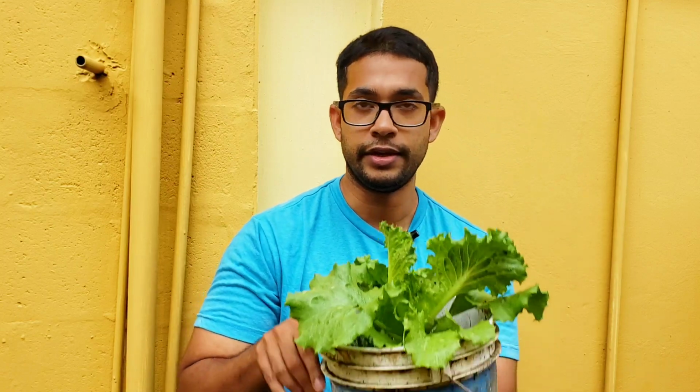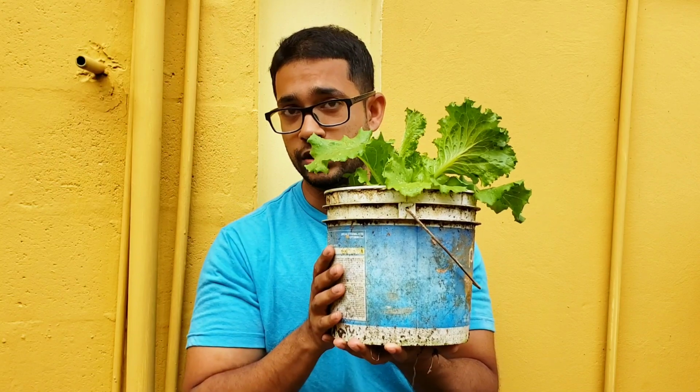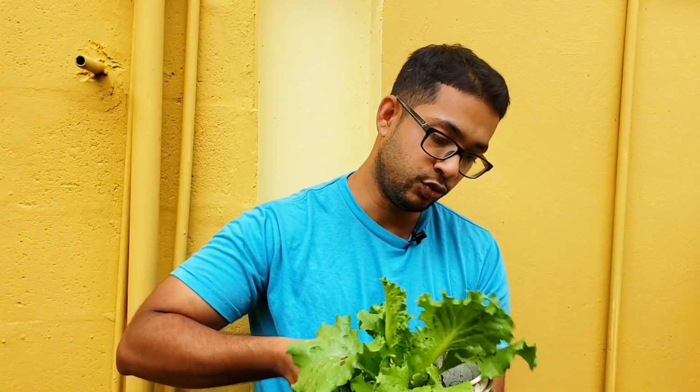I need to have my lettuce growing not in ground, because there's too many insects around that will just come and attack my lettuce. I had to grow it in containers. So in this case here, I have a 1 gallon bucket. Lettuce does not need a lot of soil to grow in this bucket. I could, under normal conditions, if my life didn't depend on growing this lettuce, have grown 2 heads of lettuce, maybe not even 3 heads of lettuce inside of here,